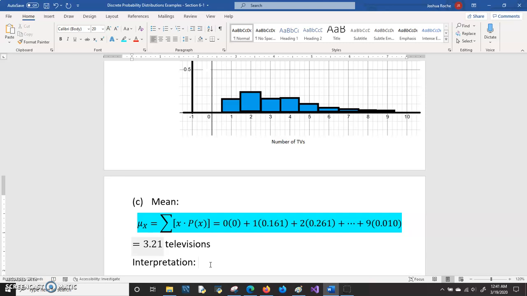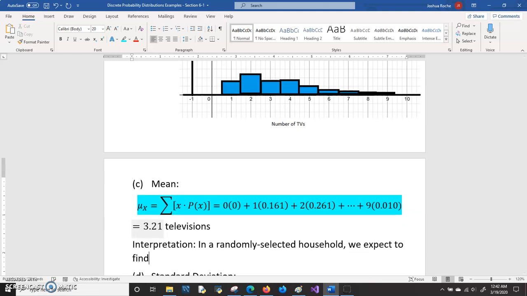So one way to interpret this would be to say in a randomly selected household, we expect to find on average